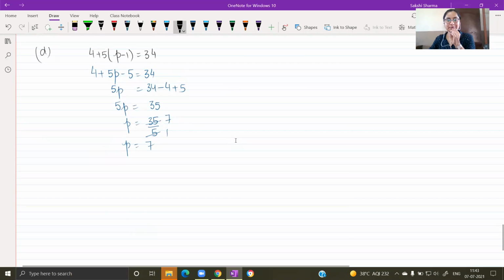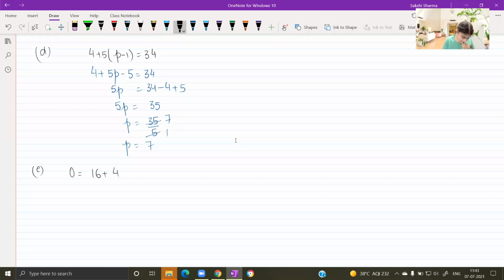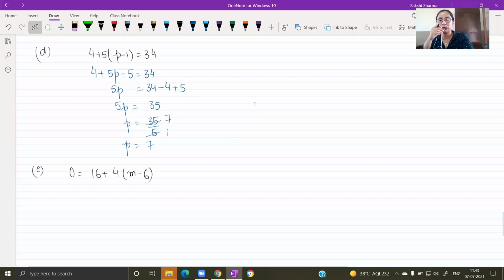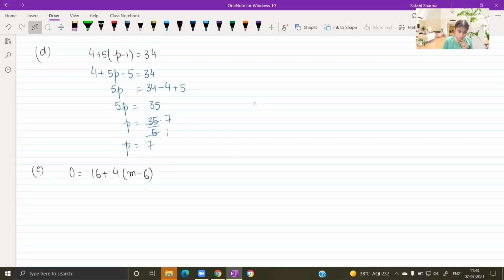Damandeep. Yes, ma'am. Ma'am, I have done C part in another way. Go ahead, bolo beta. Ma'am, I have done it like 16 equals to 4 plus 3 bracket t plus 2. Ma'am, this is the sum. And our solution is 16 equals to 4 plus 3t plus 6. 16 minus 10 equals to 3t. 6 equals to 3t. t equals to 6 by 3. Cutting comes 2. Correct. That's also correct.